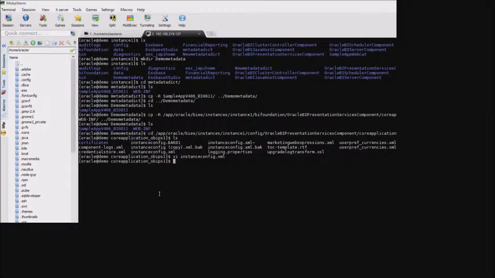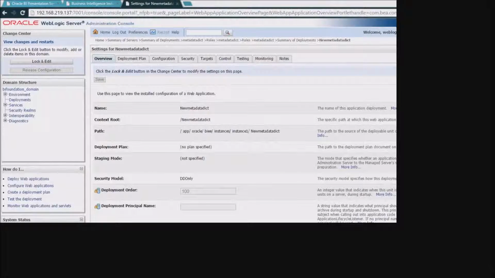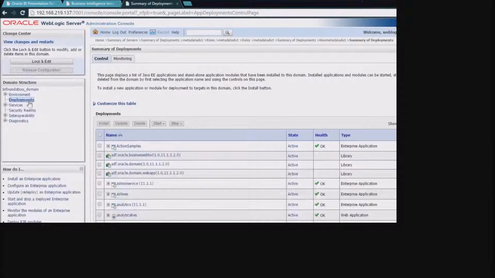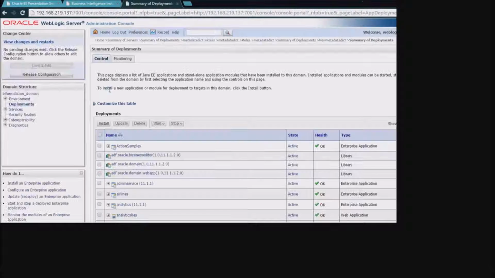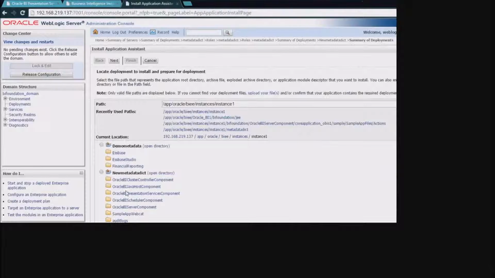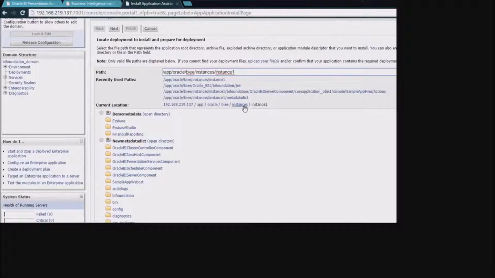And now we're actually ready to go out and deploy this metadata dictionary on the WebLogic server. So we'll switch over to WebLogic. And what we're going to do is we're going to click on Deployments. And we are going to click Lock and Edit. We are going to install a new deployment. And then we're pretty close to where we need to get to already. We're just going to go ahead and